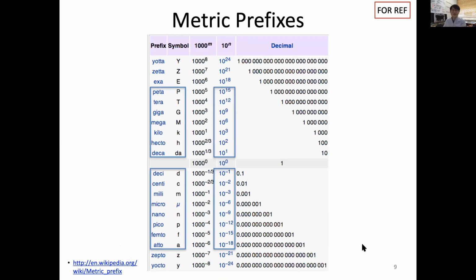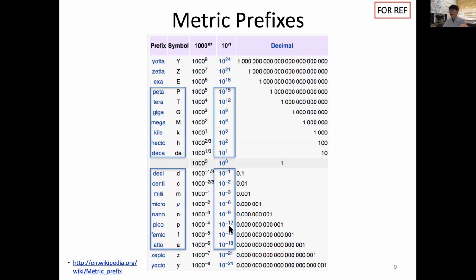This slide is just for common sense. You will touch on many different levels of magnitude. So I want you to basically know, like 10 to the first, deca, second, hecto, 10 to the third, kilo, mega, giga, tera. These days, I think 10 to the 15, you need to know this, peta. Or on the other side, 10 to the minus 1, deci, such as deciliter, or 10 to the minus 2, such as in centimeter, and 10 to the minus 3, milli, minus 6, micro, and minus 9,